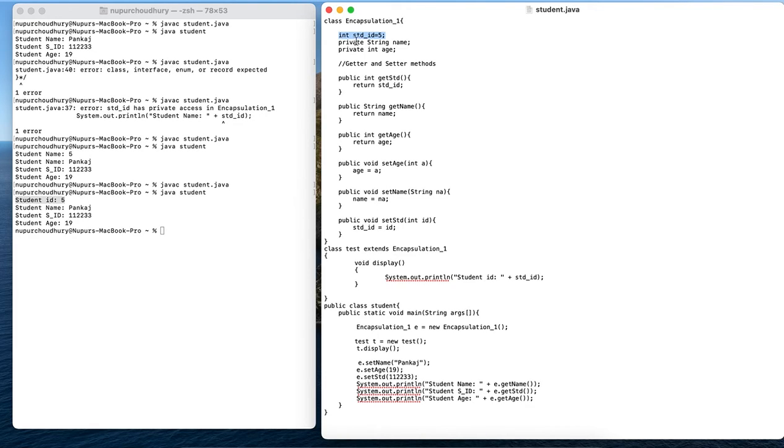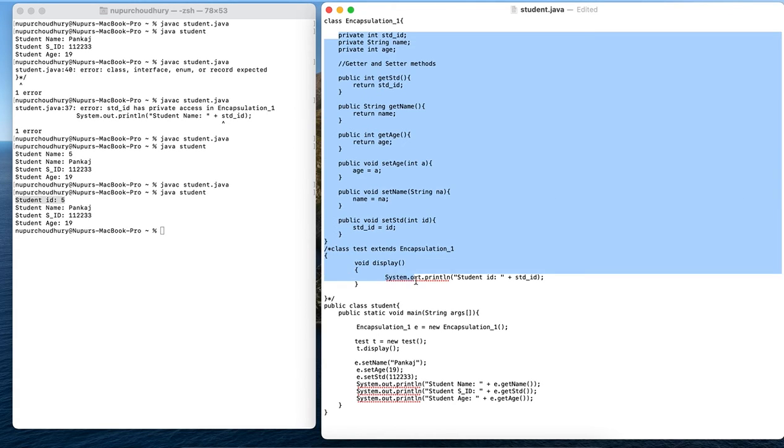Now we do not want this to happen, and hence I will introduce private here, so that no other class can have a look at what these variables are or what they hold, apart from the main method, because the main method should have access to it. It is an authorized class for this particular class to run. From the main method we will be calling these getter and setter methods. If any other class is given authorization, then it can also have access to these private variables, but in a different way, of course.